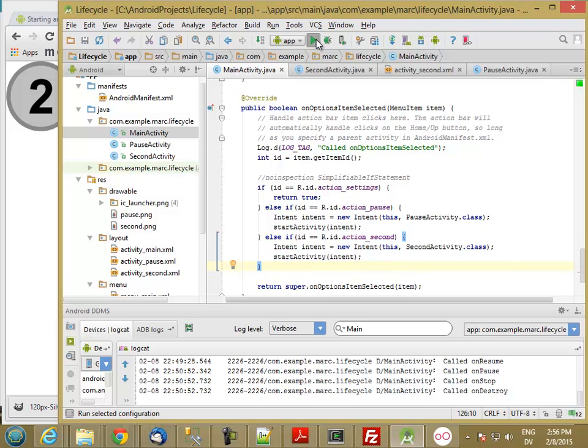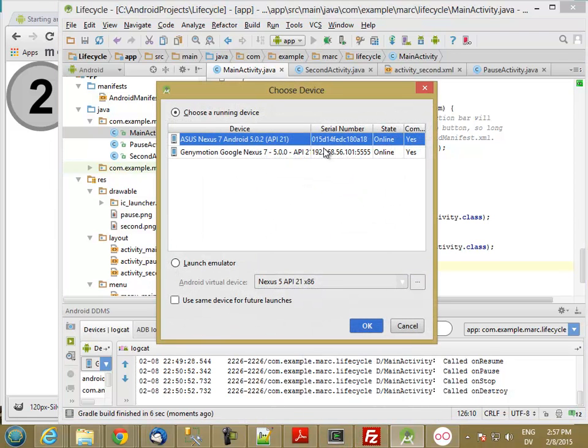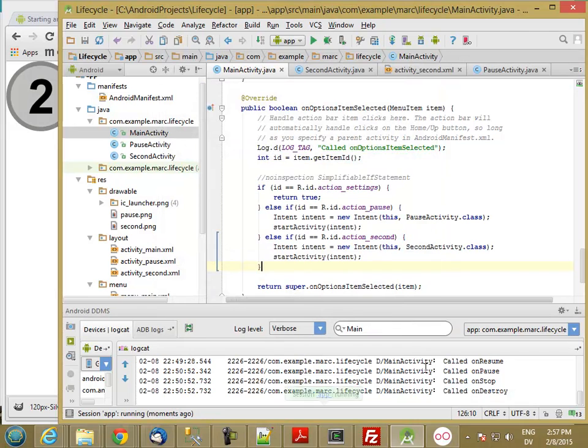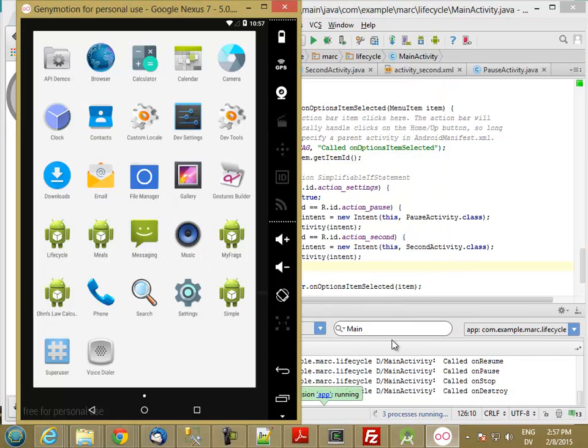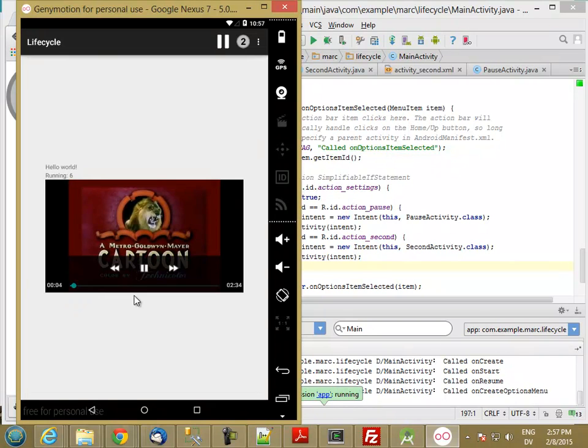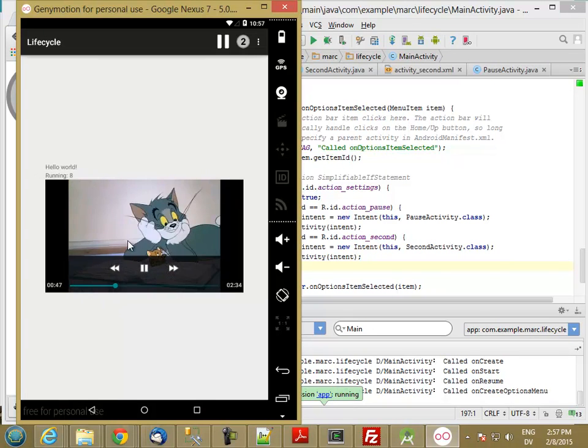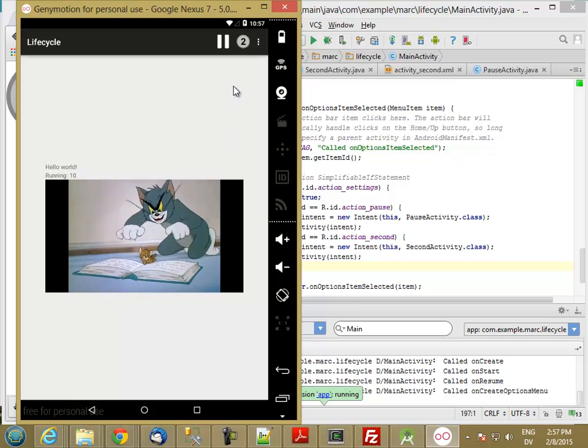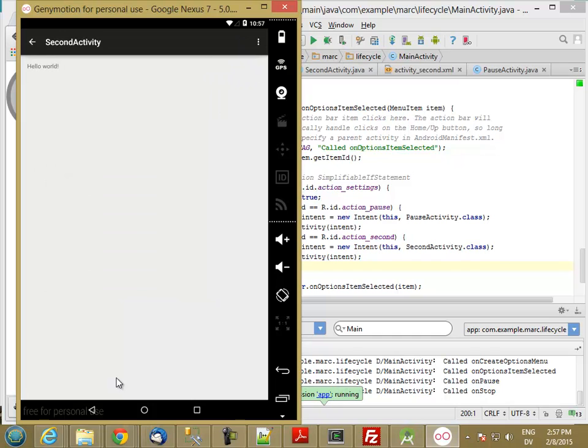Okay, so let's go ahead and run it. Scroll in a little. Okay, so now when we hit second and then hit this back button,